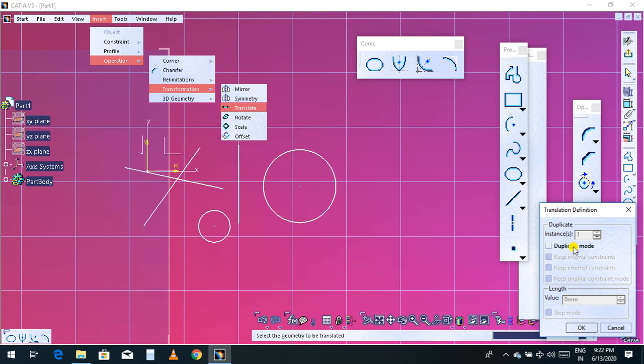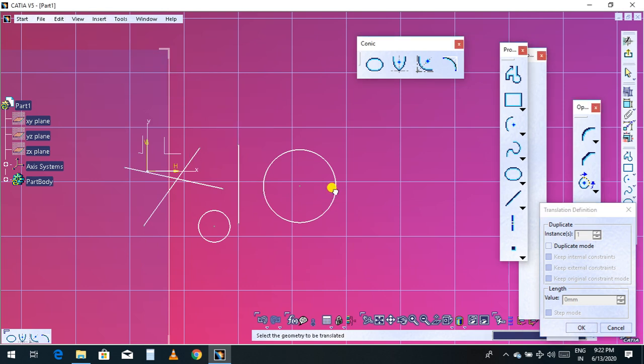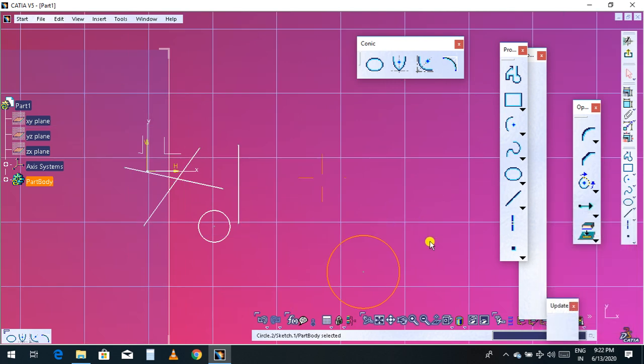No, sorry, click duplicate. Now suppose I want to select this one. I selected. Now you can choose the point where you want to translate. See, this is called translate.